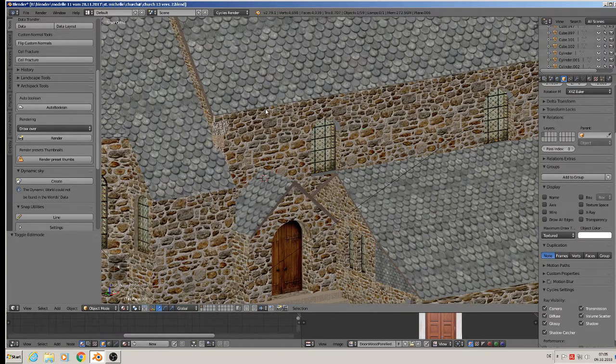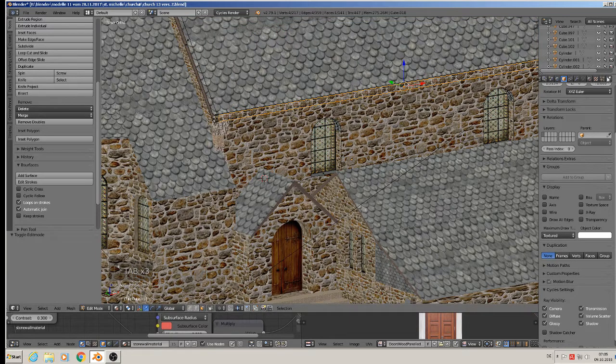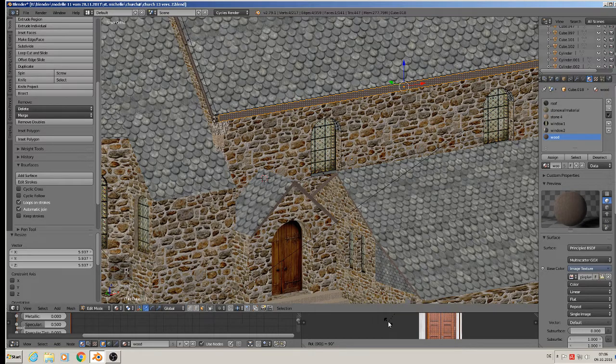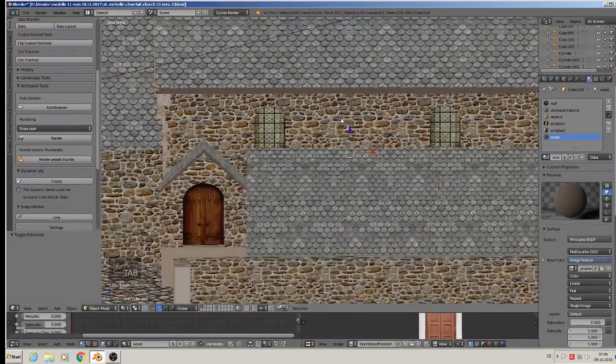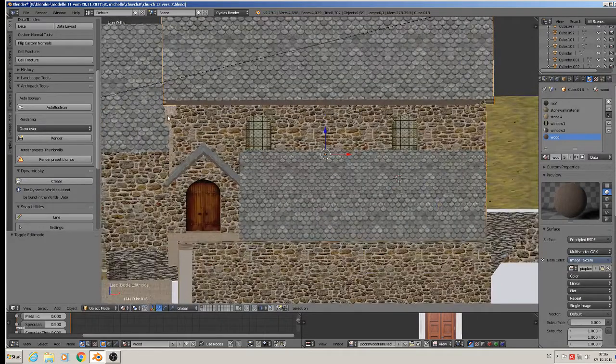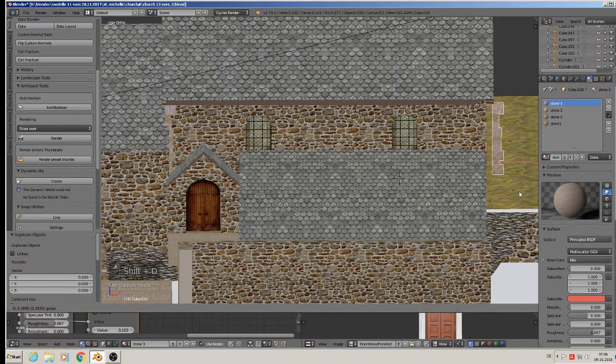Here I maybe must change the front here to wooden material. So this one we have, the back should have the same, so Shift D, place it there,